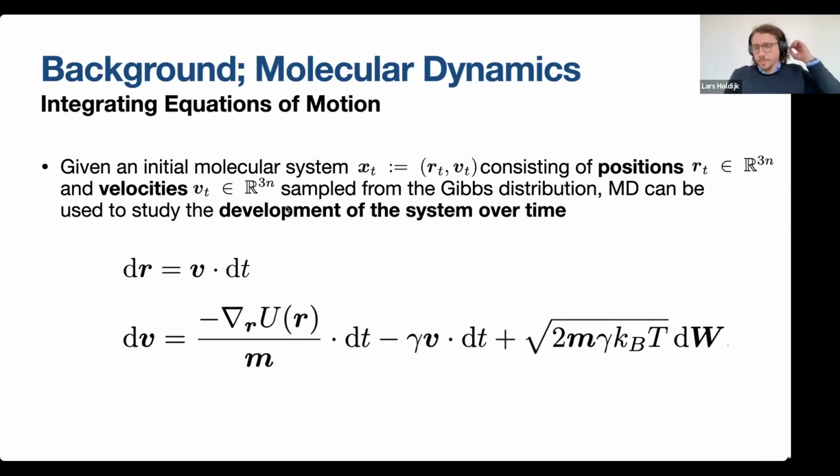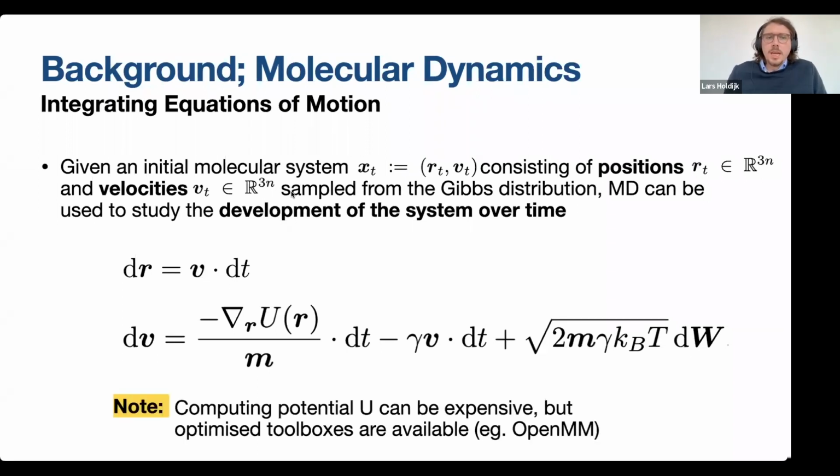This is the variance, which is again dependent on gamma as well as the temperature T. The Langevin thermostat is mostly used in molecular dynamics to keep the system at a specific temperature. The exact details are not important for understanding the work further. But what is important is to note that